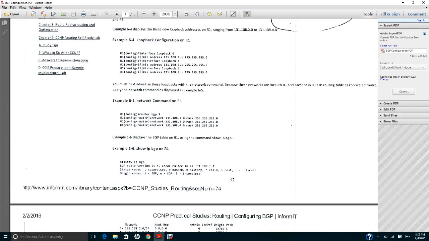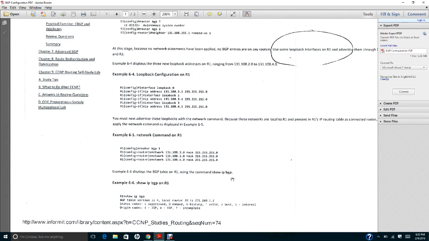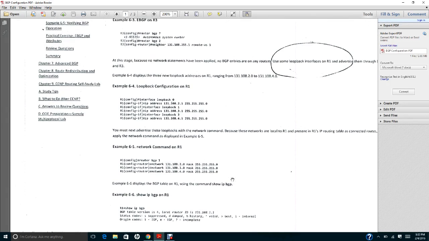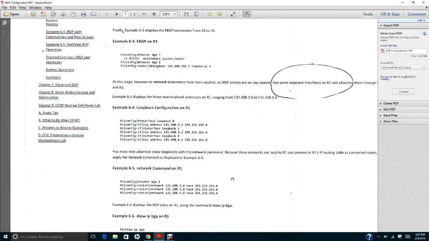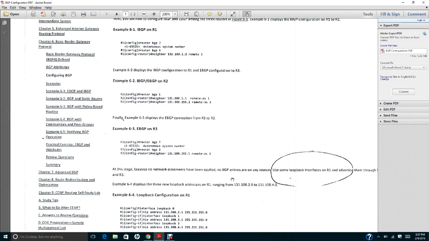So before you do this exercise, I would suggest you print this, so you have the handout ready here. Neighbor 1 is for the internal, and this is for the external BGP.